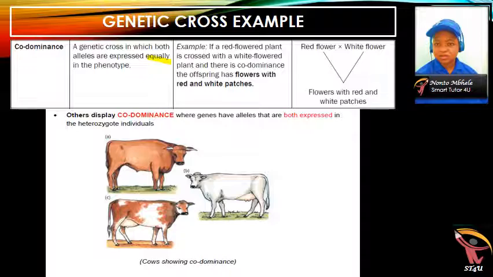For example, a red flower is crossed with a white flower, and then the flowers that you would get are the flowers with red and white patches. So for example, if a red flowered plant is crossed with a white flowered plant and there is codominance,